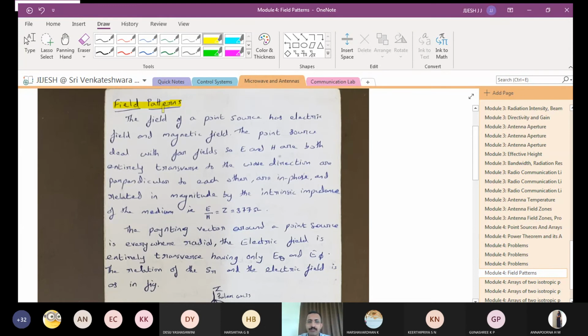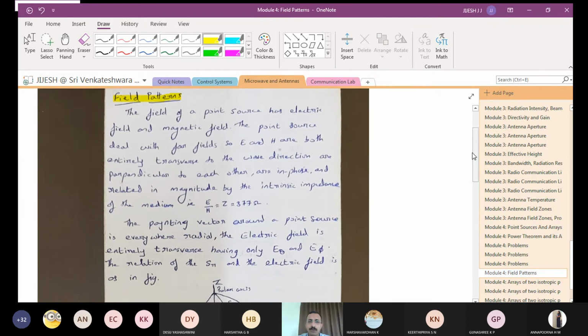You may have to interface this with module 4 as well. So for some topics, when you are writing the answer, you have to add those points that you have studied with respect to pattern in module 3 as well. So we are going to go a little more into field pattern.